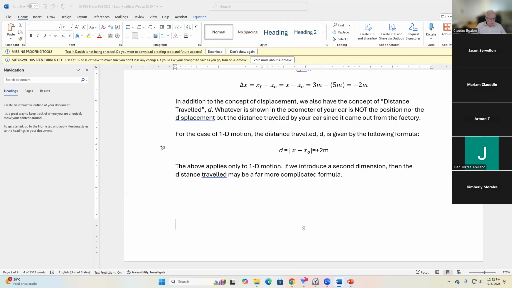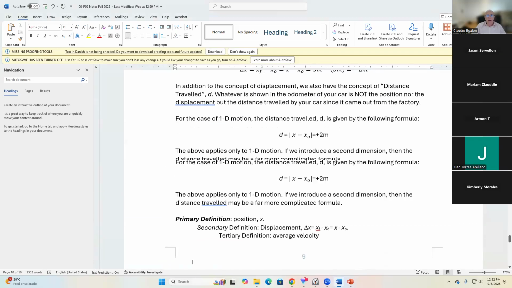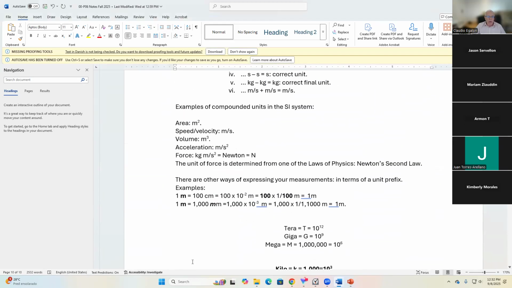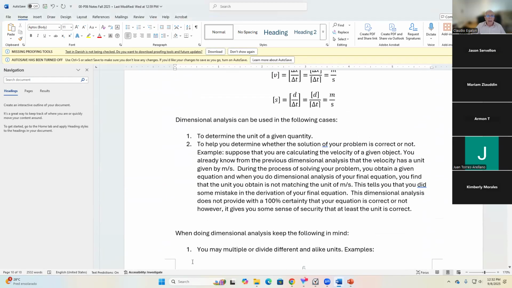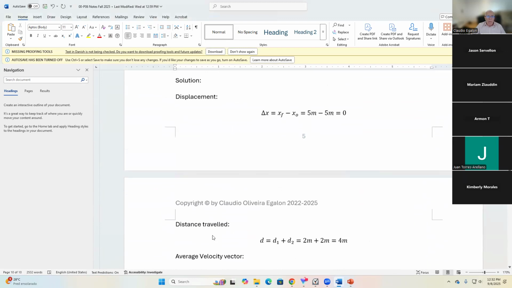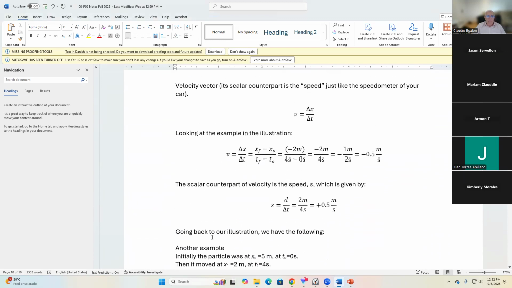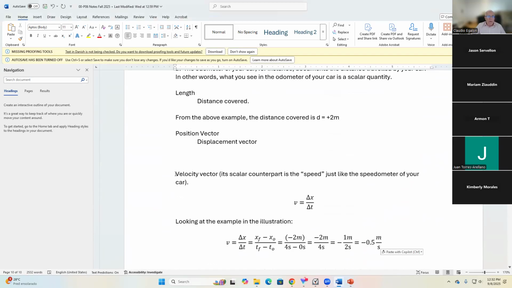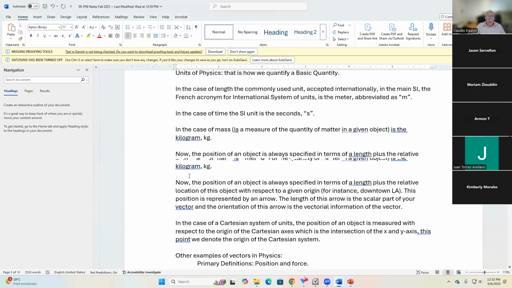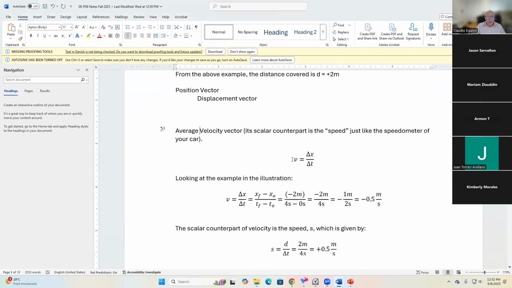Revising what we did before, I use the notation for average velocity, right? Just as a V. But there's a better notation for the average velocity, and I want to correct that. Here we go. We need to put a subscript AVG there. Average velocity. Don't forget it's the average velocity vector. Instead of just V, let's use the AVG, right?